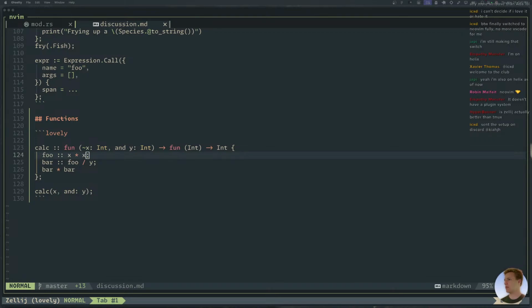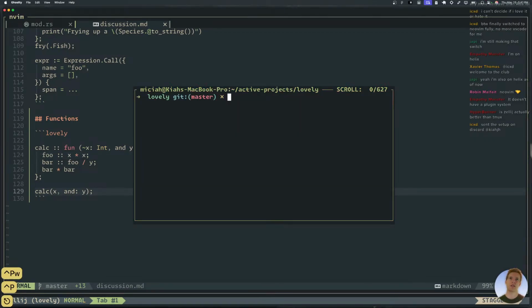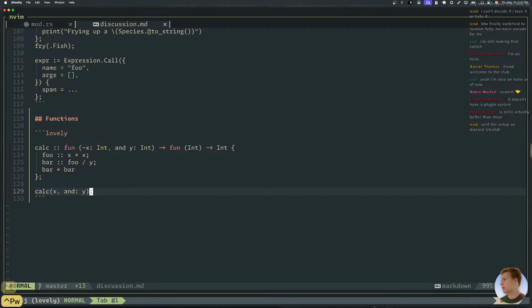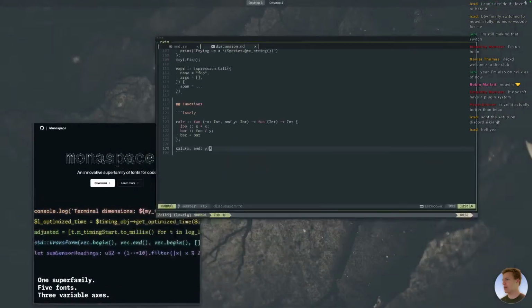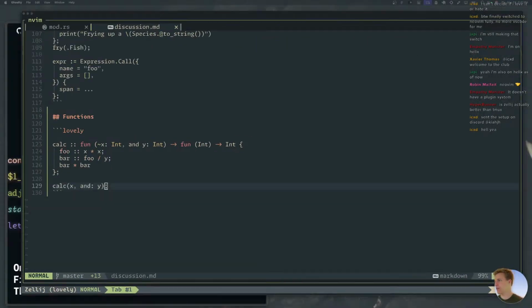Is that toggle term? Yeah, I don't really need toggle term because I have Zellij, and I can just do that. But it is cool. Oh, Robin, there's a new Rust release? No way.